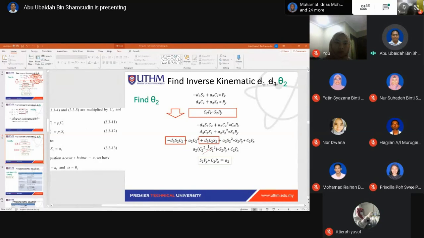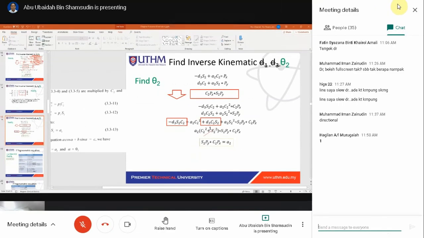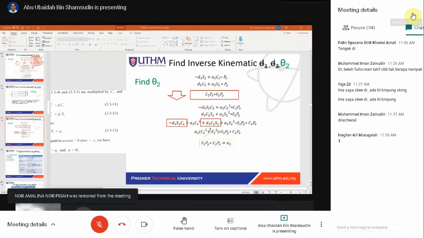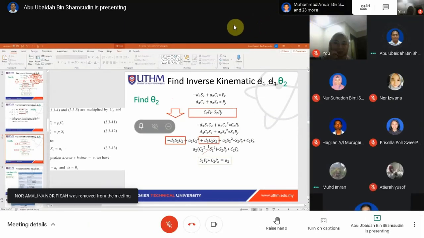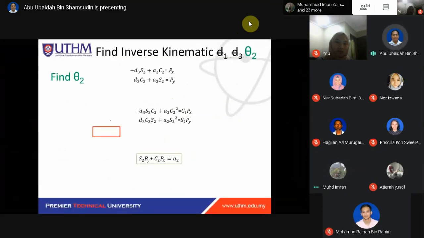Muhammad Imran. So, Amalina, kita keluarkan dia dulu. Kalau dia ada, dia akan masuk. Ada. Okey, baik. Okey, Muhammad Imran. Okay, Muhammad Imran. So here,